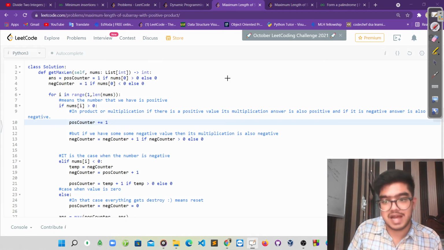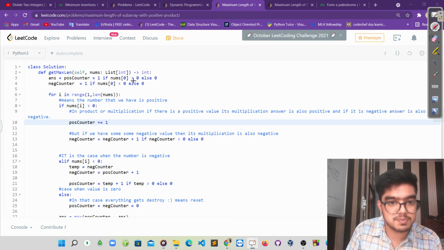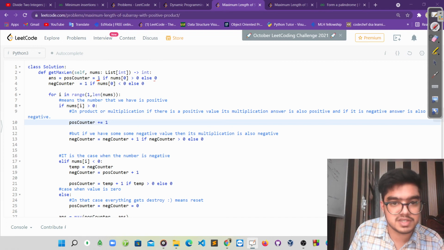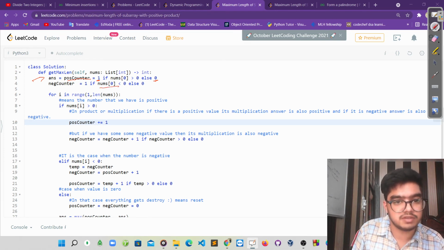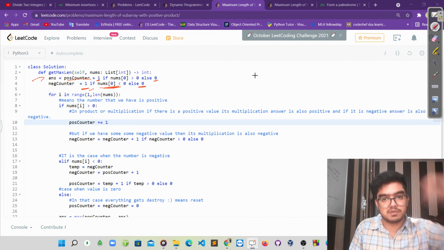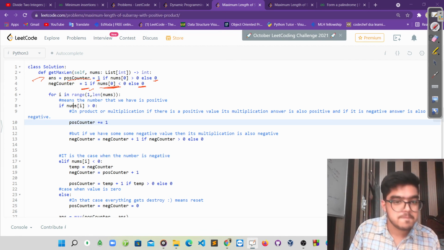If the first element present in our array is positive, it is 1, otherwise it is 0. And the answer is equal to the positive counter that we have. Similarly, if the first value is negative, we make it 1, otherwise it is 0. Now we are starting from index 1, whatever elements we have. So we will check for the positive condition.